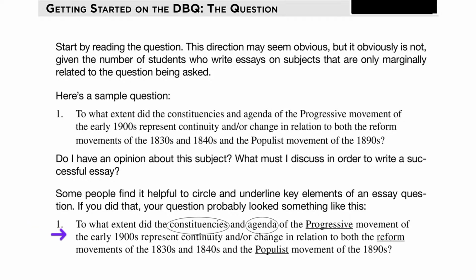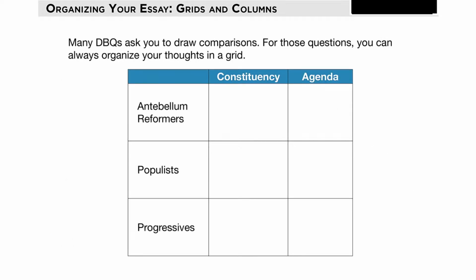And then I would also try to write down everything I can remember about the progressives and the reform movements of the 1830s, 1840s. Now, when I say everything, don't take me literally on that. Really, all we need to do is write down a few ideas. And if you're a really organized person, you might want to even set up your ideas in a kind of